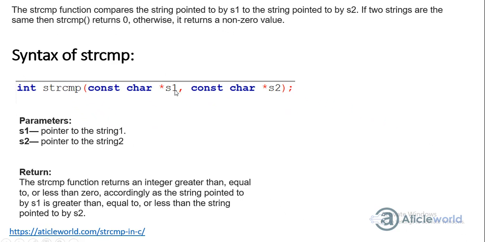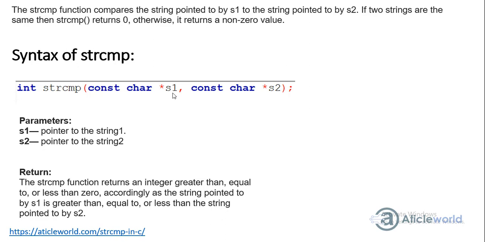If both strings are equal, the return value will be 0; if string s1 is greater than s2, the return value will be greater than 0; and if s1 is less than s2, the return value will be less than 0. The C standard only defines that the return value will be 0, greater than 0, or less than 0.